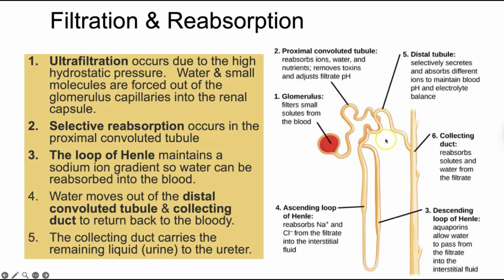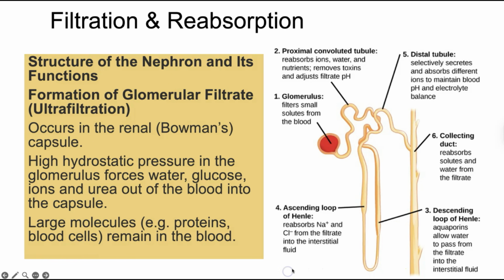And water then will continue to move out of the distal convoluted tubule and collecting duct by osmosis, and the collecting duct carries the remaining liquid, which is the urine, to the ureter. So the structure of the nephron then, the formation of the glomerular filtrate, ultrafiltration,